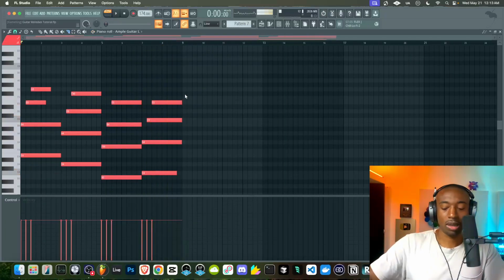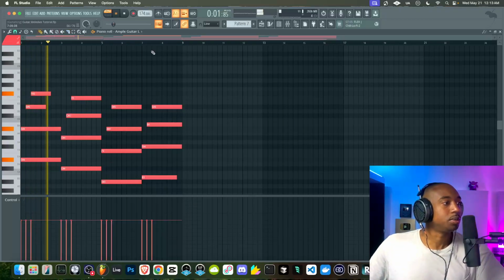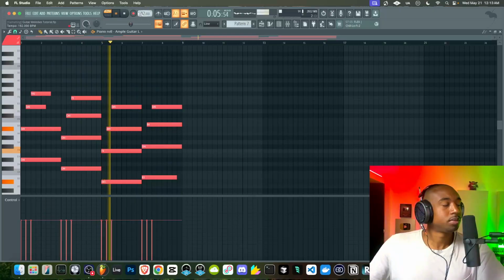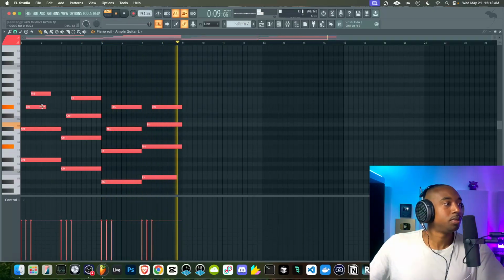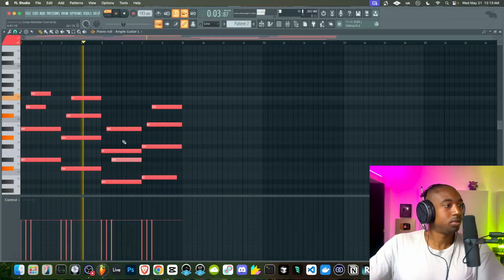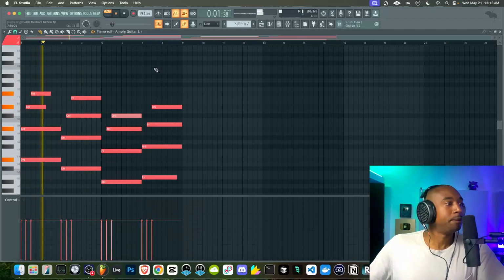All right, so again, my favorite thing to do is transpose this to a different key. Let's pull it down a semitone. So this note here, let's pull this. I had the wrong note here.